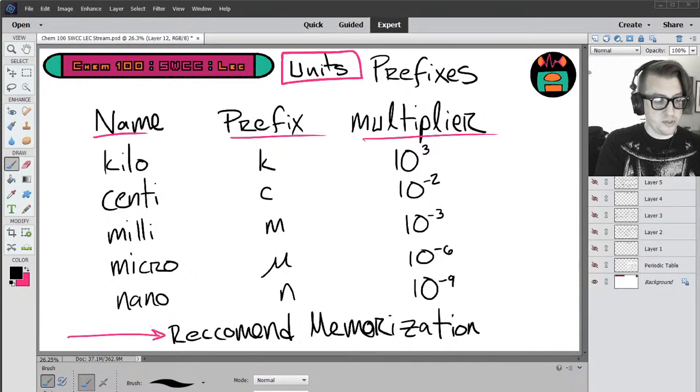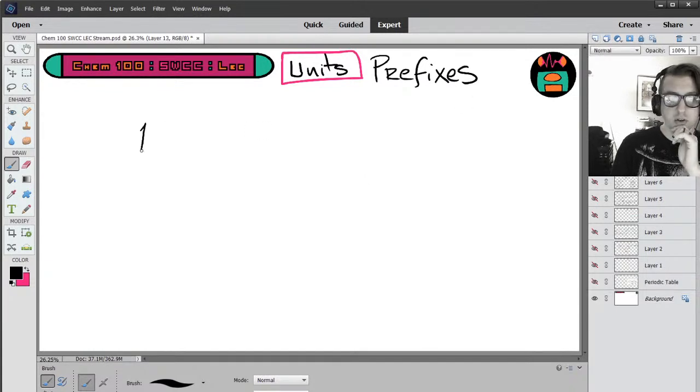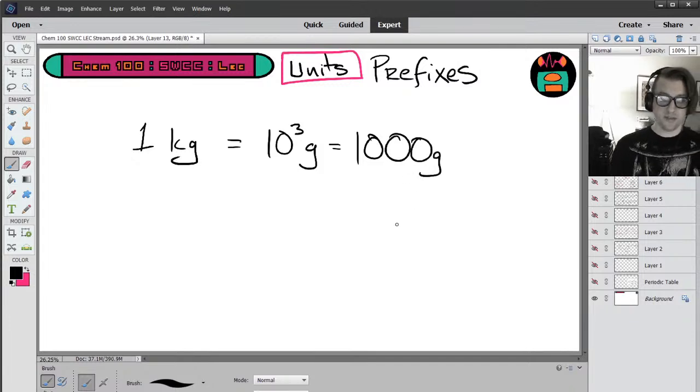Or I should say those prefixes make the unit smaller. So, for example, to illustrate this, if you took kilo, right? Hang on, new slide. 1 kilogram is equal to 10 to the third grams, all right? Or another way of saying this is 1 kilogram is 1,000 grams, because that's 10 to the third. Now,